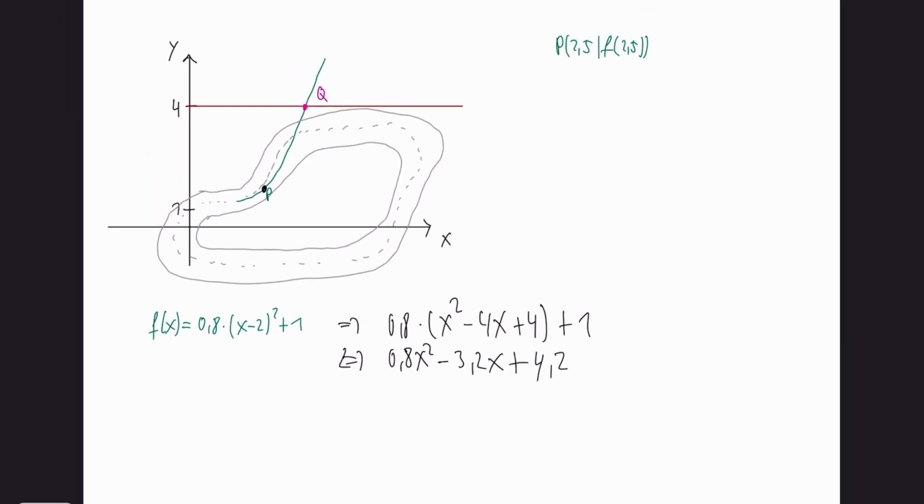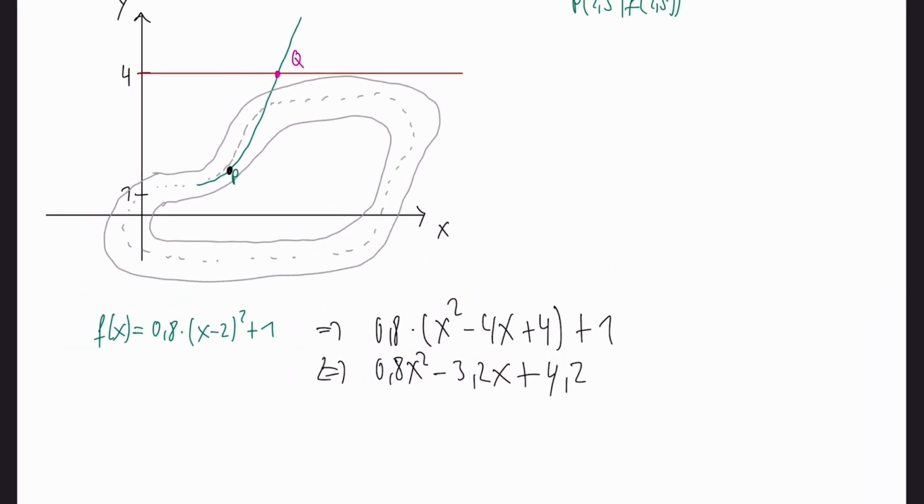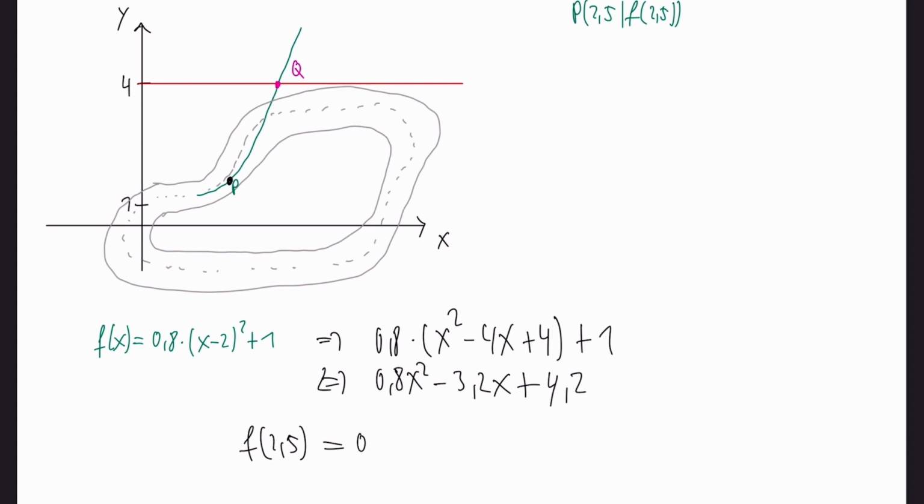You can just put it in the green function, so you can put 0.8 times (2.5 minus 2) squared plus 1. This is way faster than putting it in this function. But anyways,